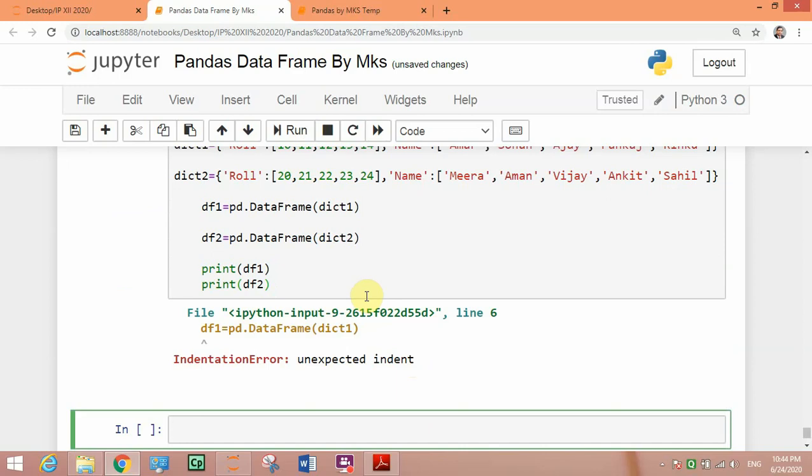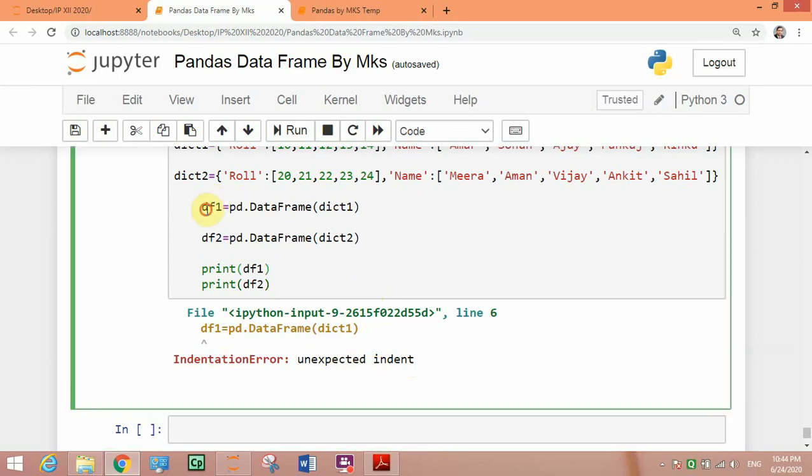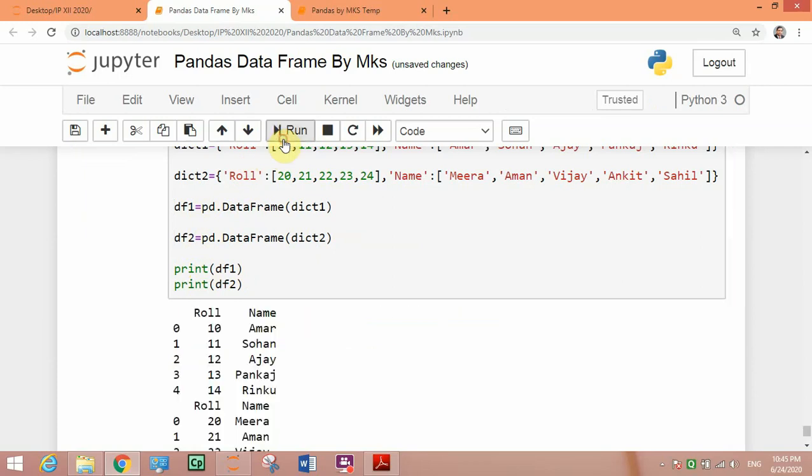Error is there. What error? Indentation problem. So, this one already you know. Indentation problem is all the lines will be in aligned way. If you are using loop and all, then you have to change the indentation, otherwise it should be at same line.